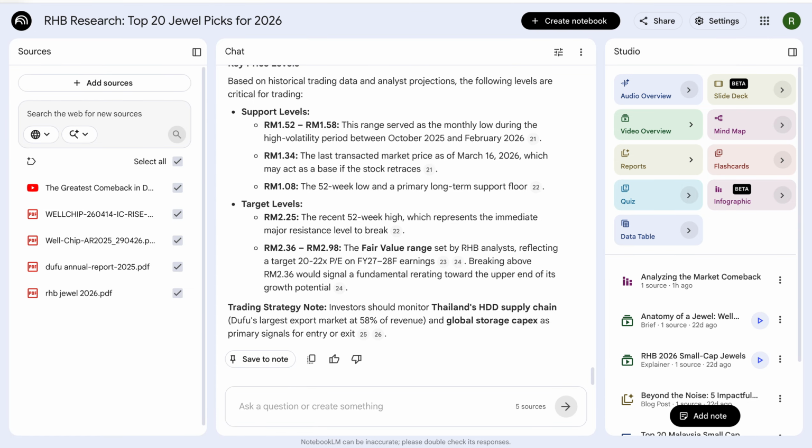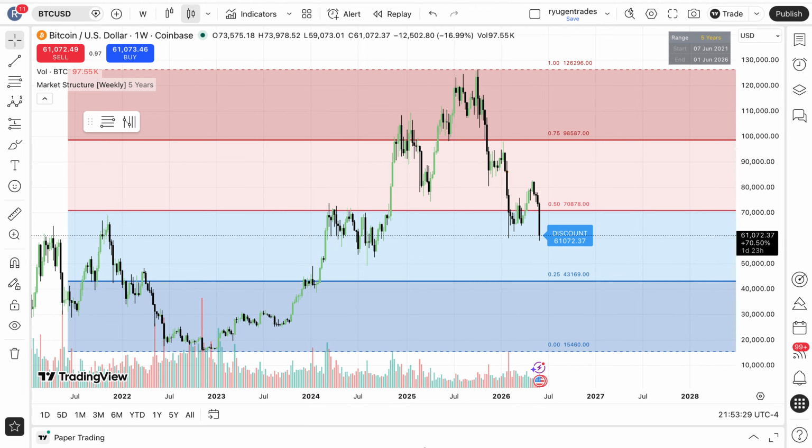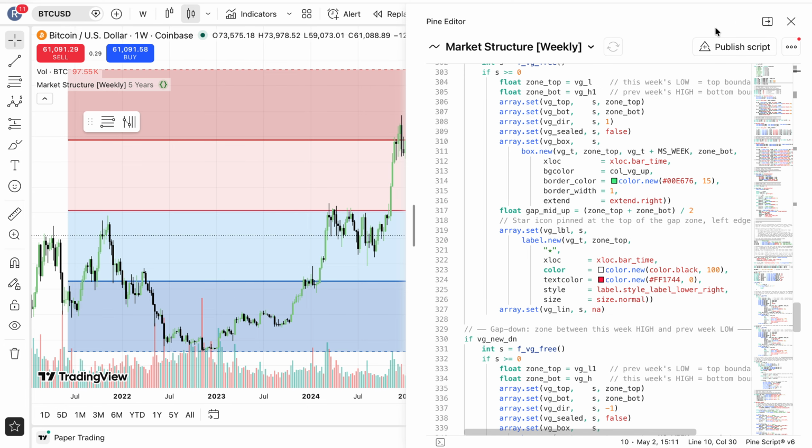Now let's go back to my chart here. I'm going to just collapse the paper trading part, and I'm going to talk about Claude AI. Now, if you are going to build custom indicators, to me right now the best platform is actually using Claude. And let me show you this particular indicator which I have,